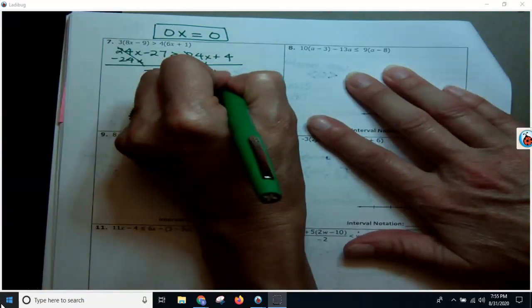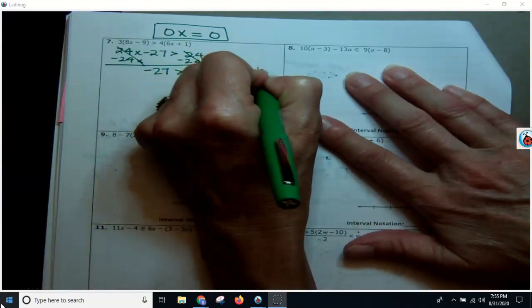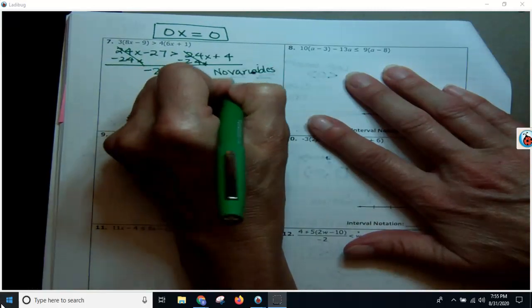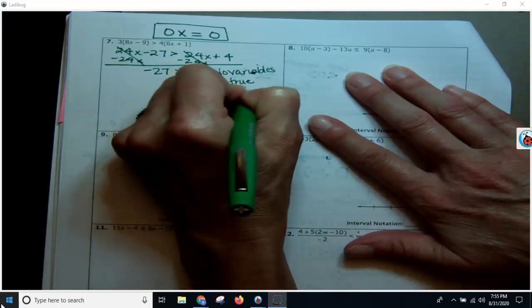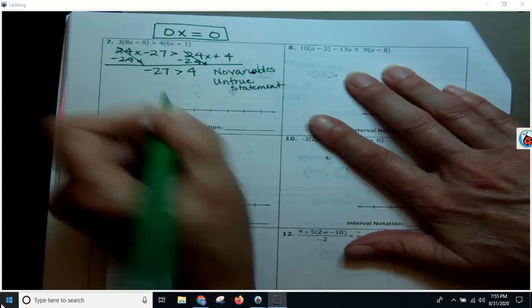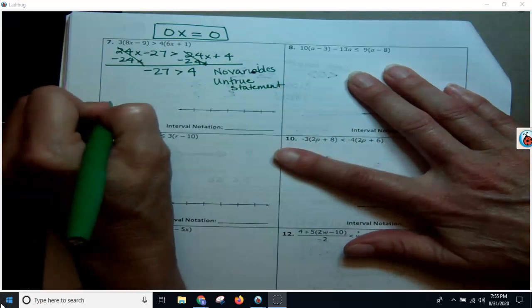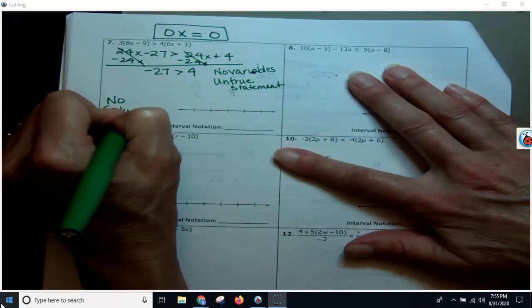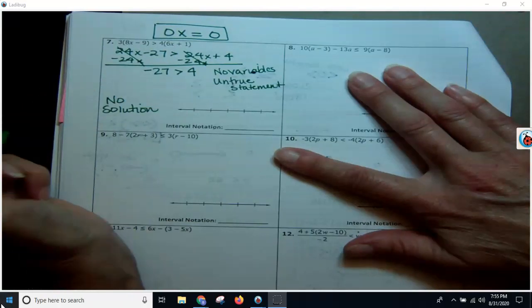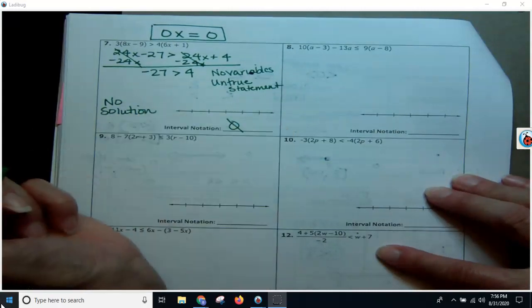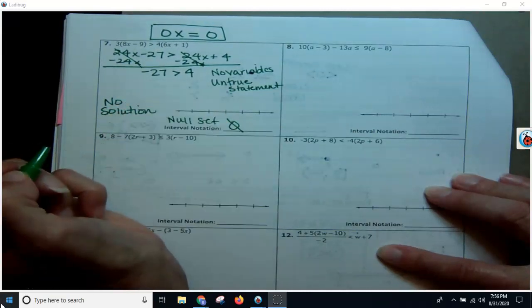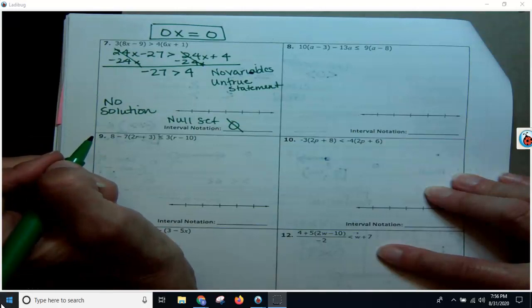So at this point, we have no variables, and we have an untrue statement. When we have no variables and an untrue statement, then that means no solution. Okay, that means no number is going to make that inequality work. And the way that you write that would just be a null set or a 0 with a line through it. This is a null set. All right, now let's move on to